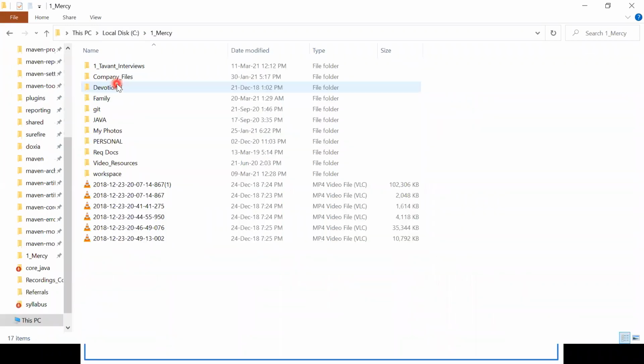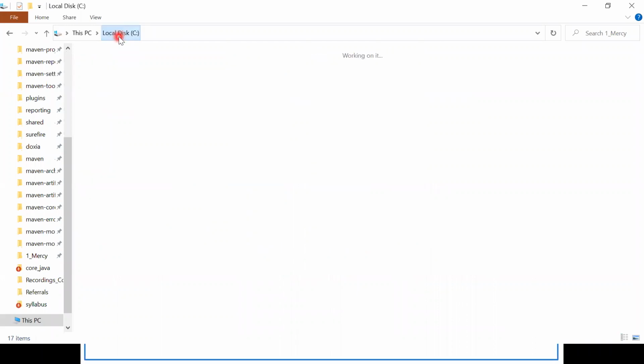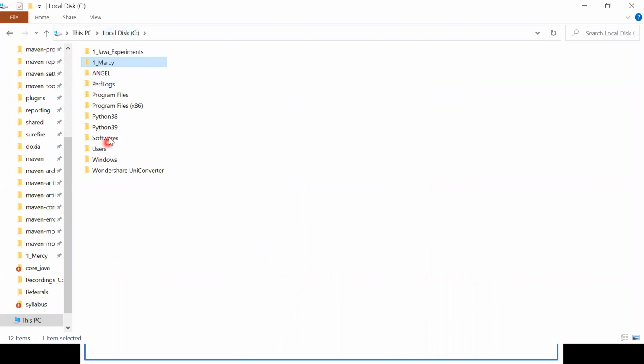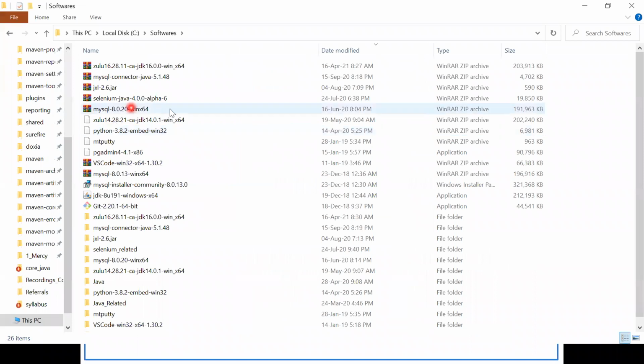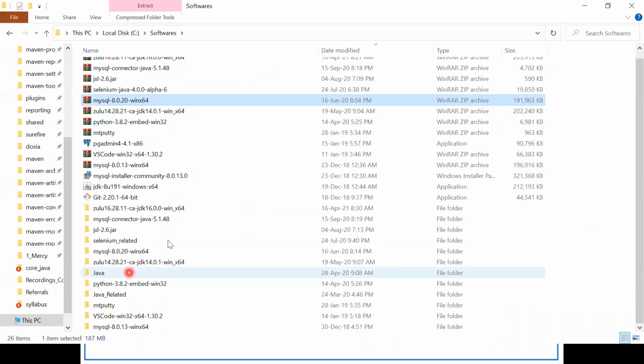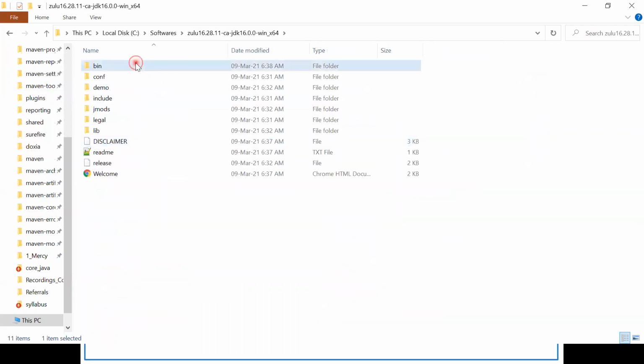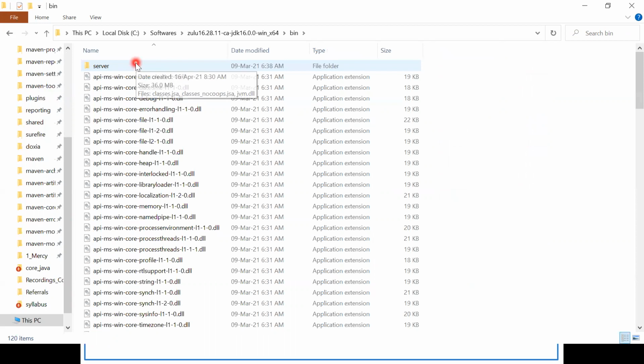We have installed under this softwares, there is a Zulu JDK. Go here inside bin. Still I can go deeper. There are many background things.